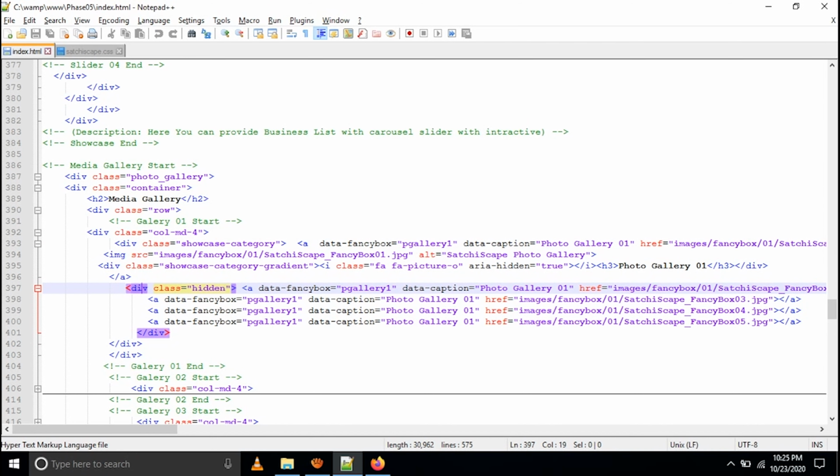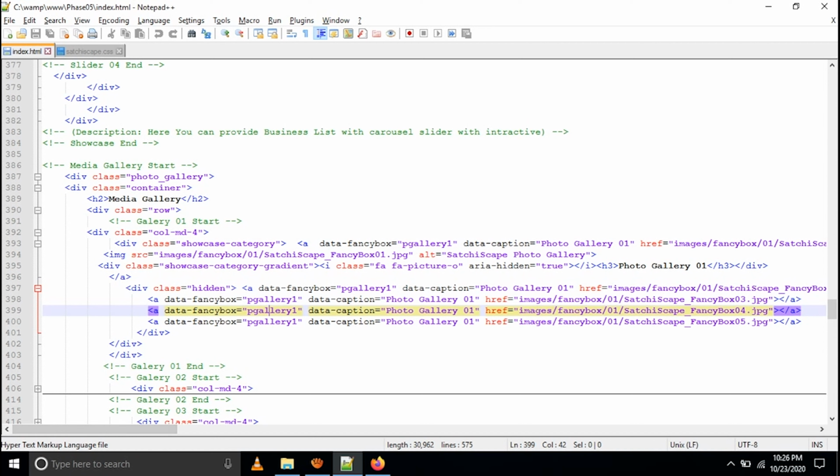In the JavaScript it is automatically handled. When you click the photo, the album will open. You can see here PG gallery 1, PG gallery 1, everything is PG gallery 1. So when you click PG gallery 1, all of PG gallery 1 will show. If you write PG gallery 1 for every album, it will affect your albums. The photos will come, but for an album like 2020 you don't want to show the 2019 photos, so it will affect. Okay guys,